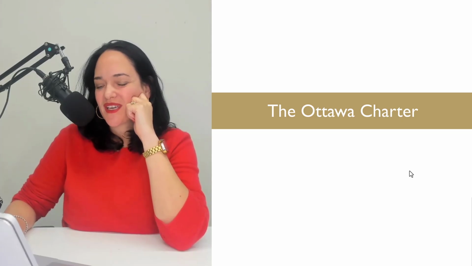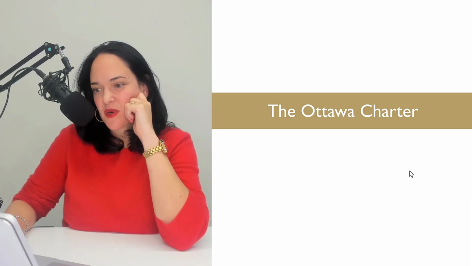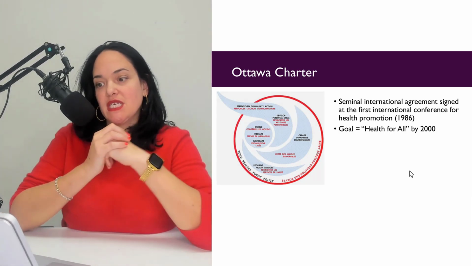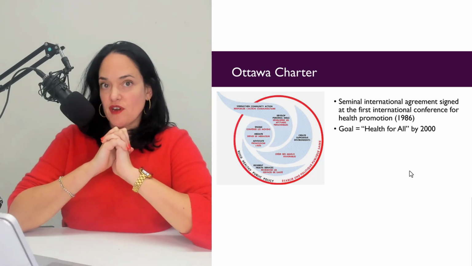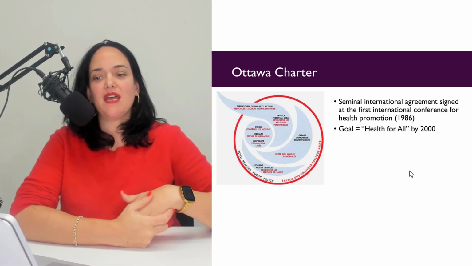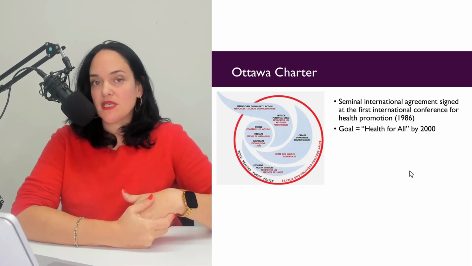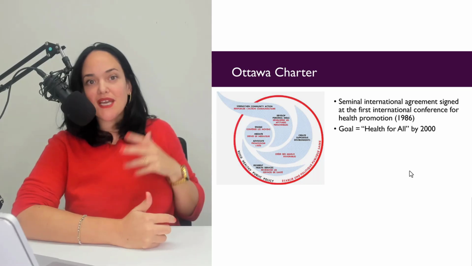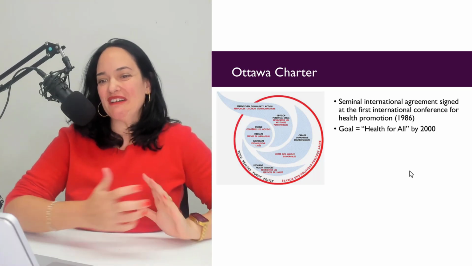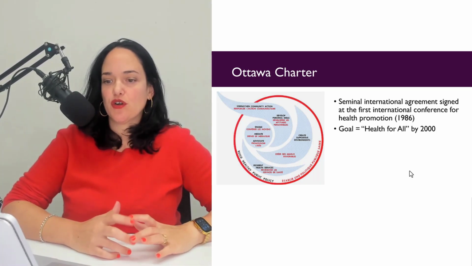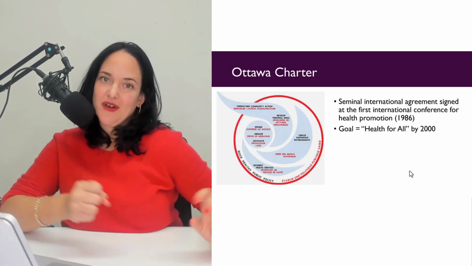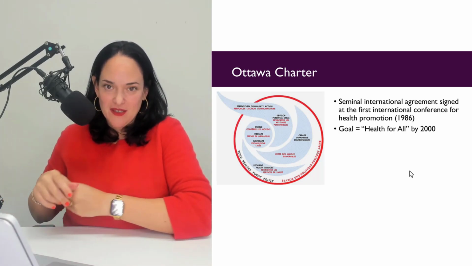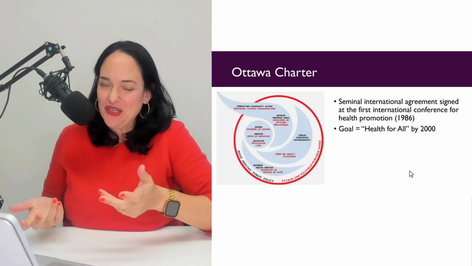In this unit, we are going to be looking at a very important document in health promotion, still today, even though it was put together in 1986 at the first International Conference for Health Promotion held in Ottawa, here in Canada. This document is still relevant. It's still referenced up until today, and pretty much any health promotion class often starts with a conversation on the Ottawa Charter. So its original goal was health for all by 2000, and now it says health for all by 2000 and beyond. So health for all, hard to do.